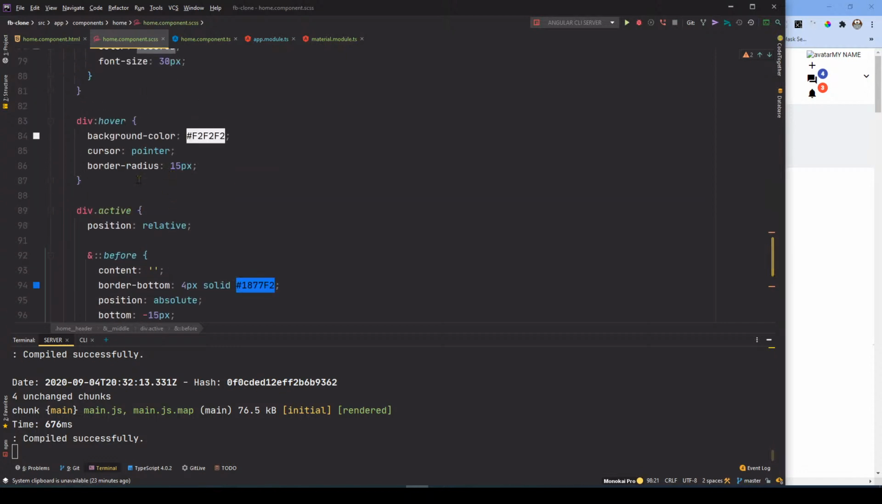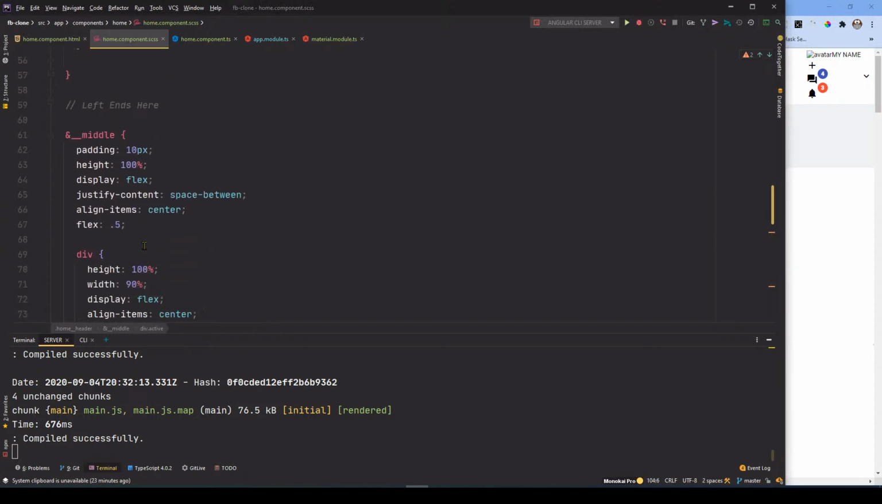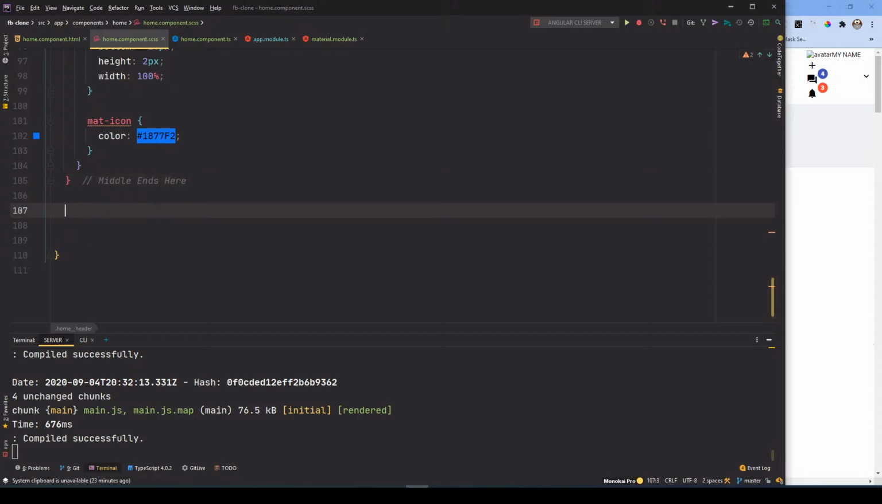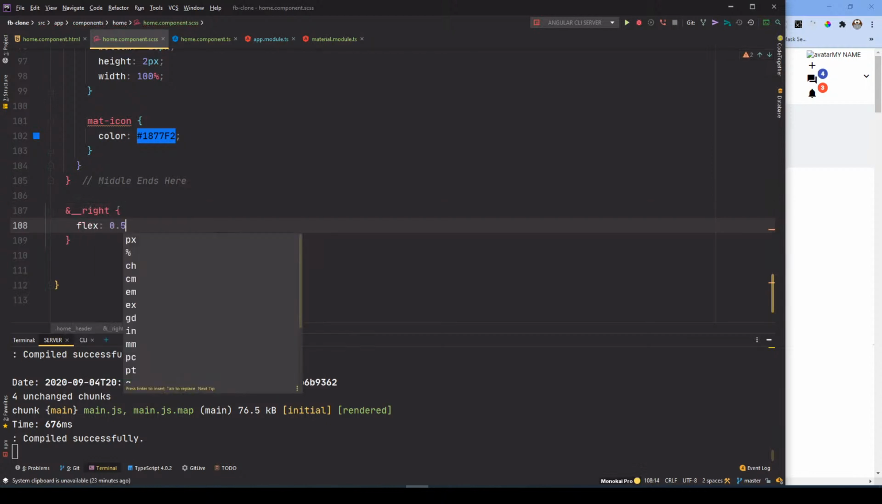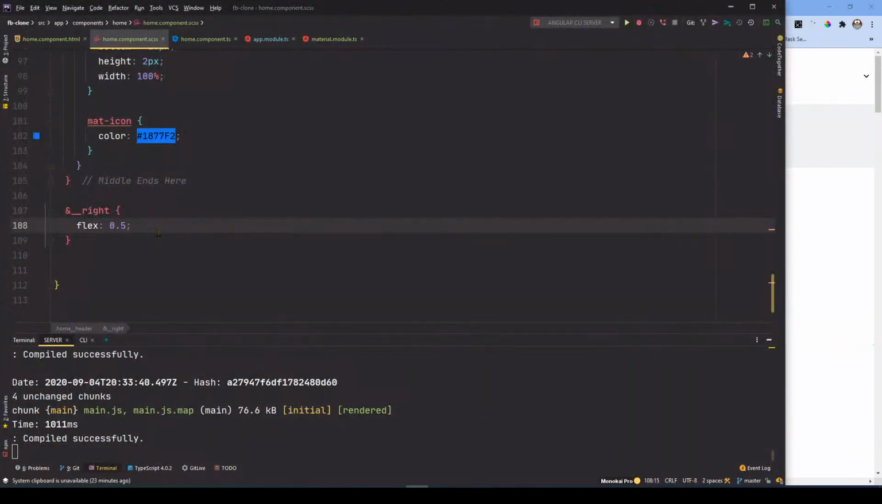And with that done, so this is middle, and next we have the right section. Okay, middle ends here. Next, yeah, right. For the right, I'll use flex of 0.5 again. Save it. So now it's centered, as you can see,